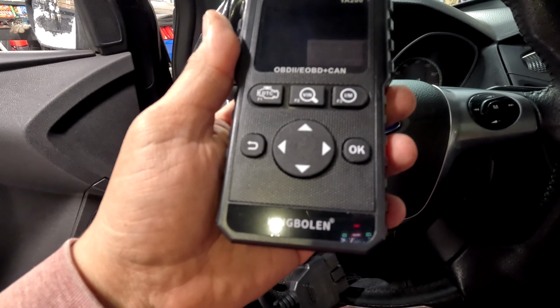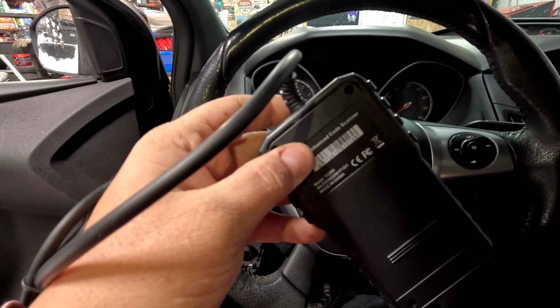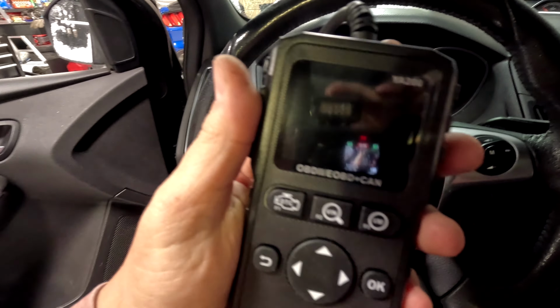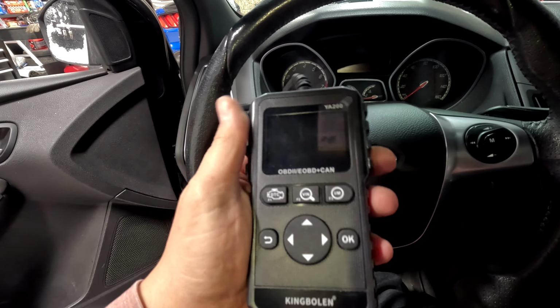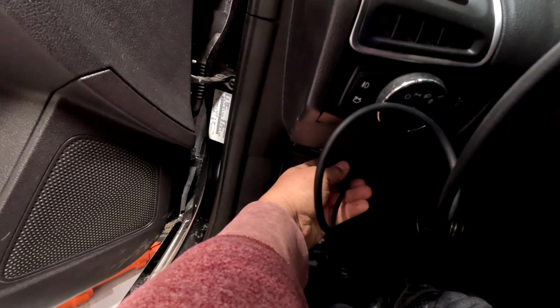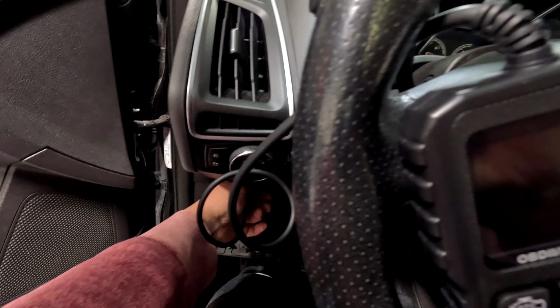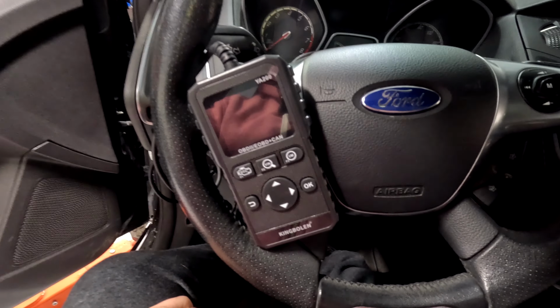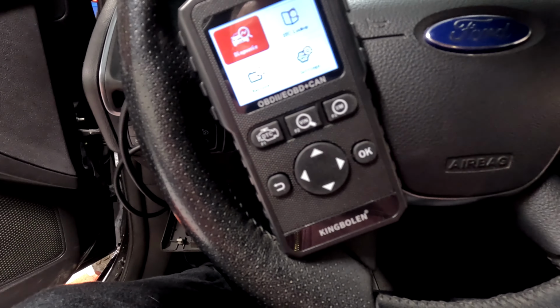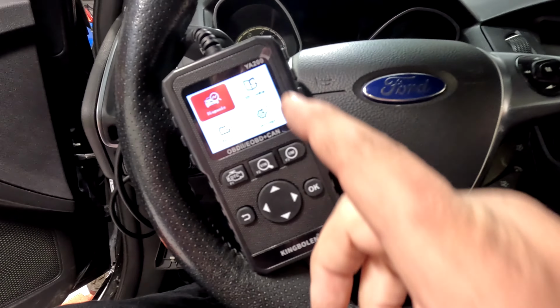Here's the scanner. Not a whole lot to it. Obviously, it's just a plug and a control unit with buttons on it. Plug it into your OBD2 port, and the car's off. Scanner turns on. So we're gonna say